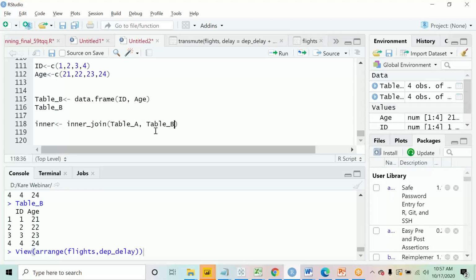Now, which one is the left table and which one is the right table? All of you, please shout out. A is left and B is right. And if I write it like this, B and A, which one is left and which one is right? B is left and A is right. Perfect. Now you have got this logic, right? I'll keep it the same way because this was very important to understand for all the joins.